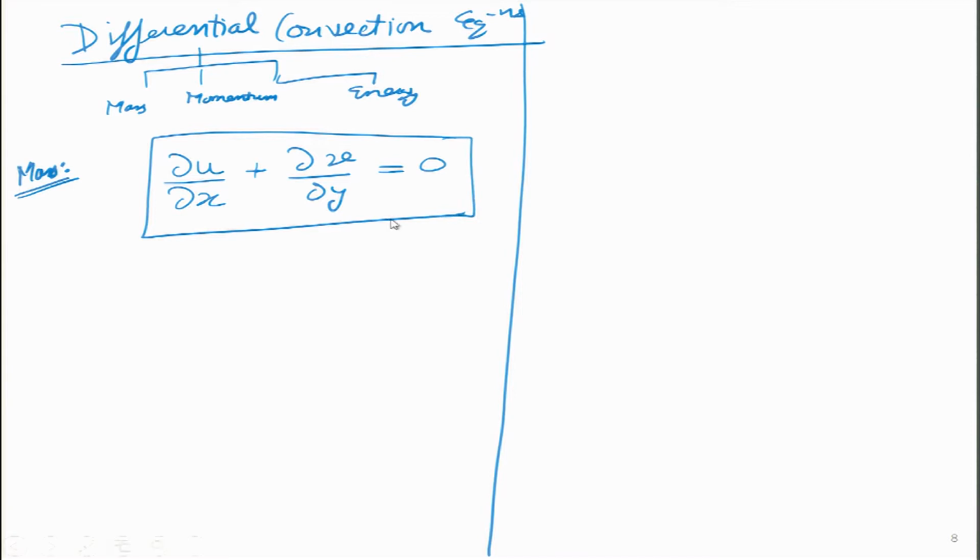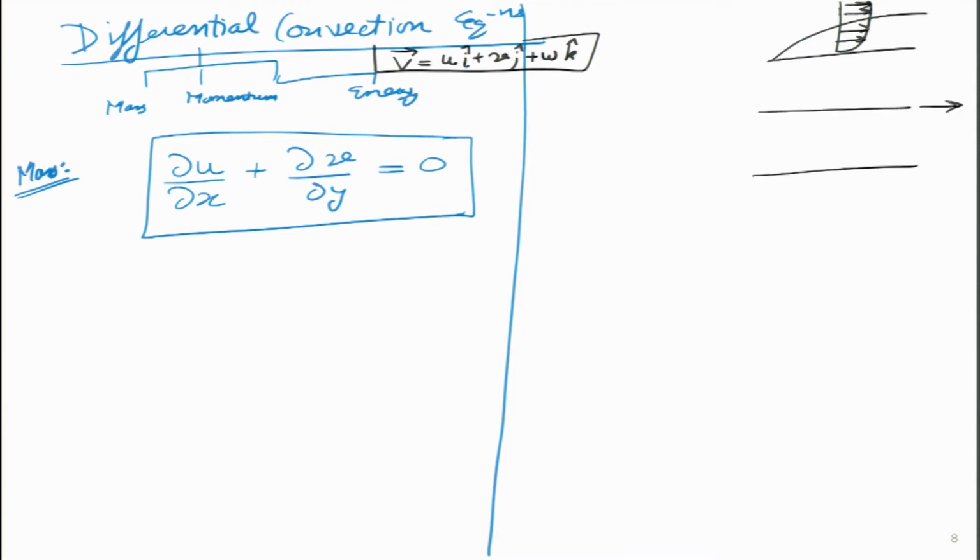Over here what I am assuming is the velocity profile in the vector form I can write as u i plus v j plus w k. I am going to assume it is a two-dimensional flow, because that is how things will turn out in many cases. It could be flow over a flat plate over here. So, we get a flow like this. Velocity v component is also there, but it is very small, and of course, w is 0. We will also look at flow between two plates.